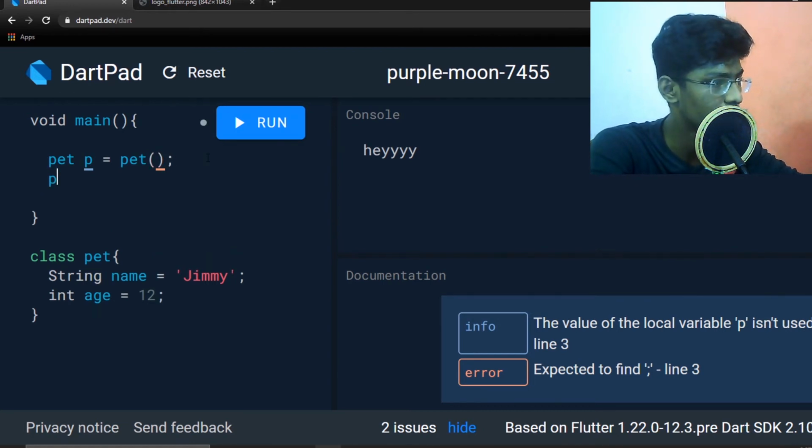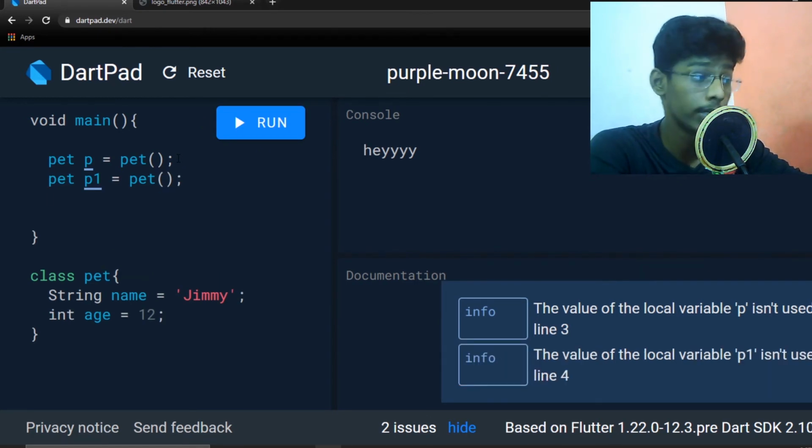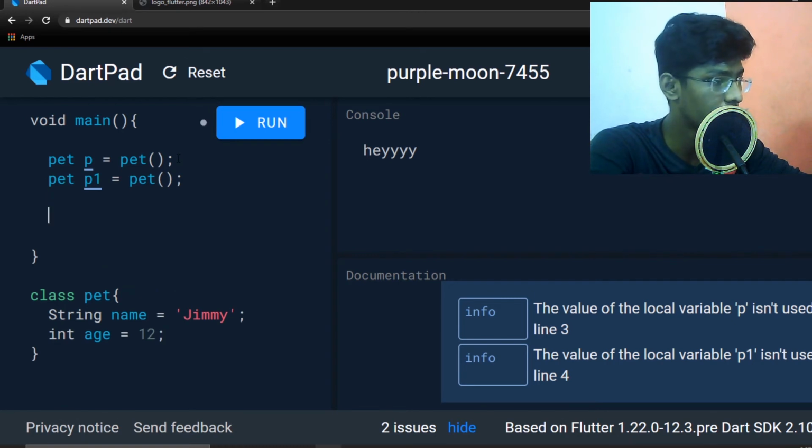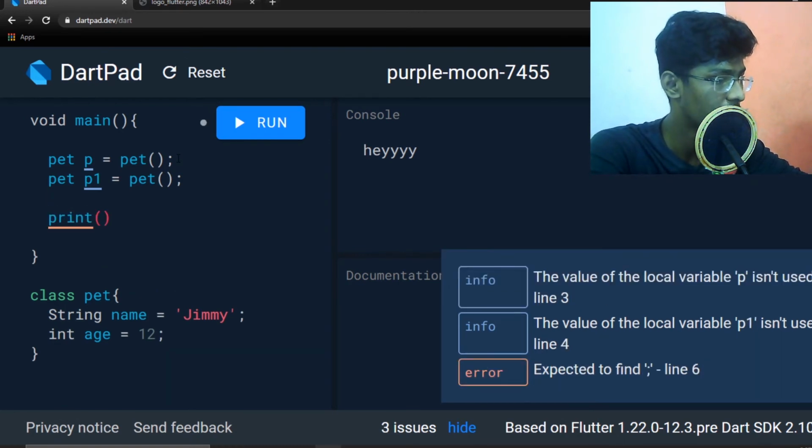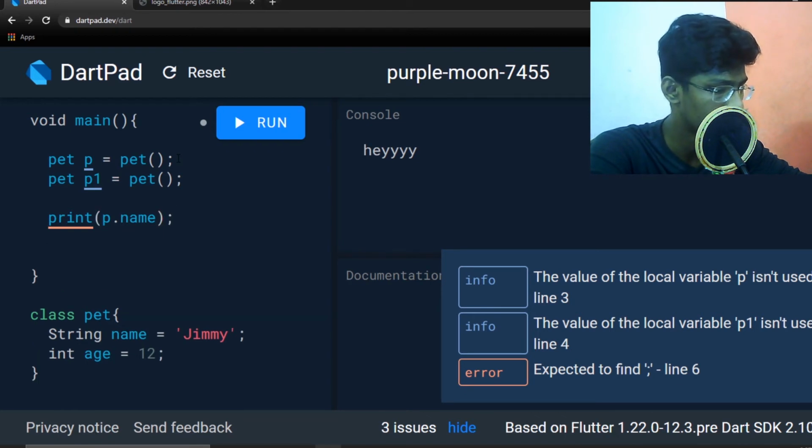I will create another pet object, pet p1. So this is p and p1, and here I will create a new pet object. Alright, so now I have created two new pet objects. Now we can try and get the names of those two pets. I'll say print p.name, semicolon, and print p.age,